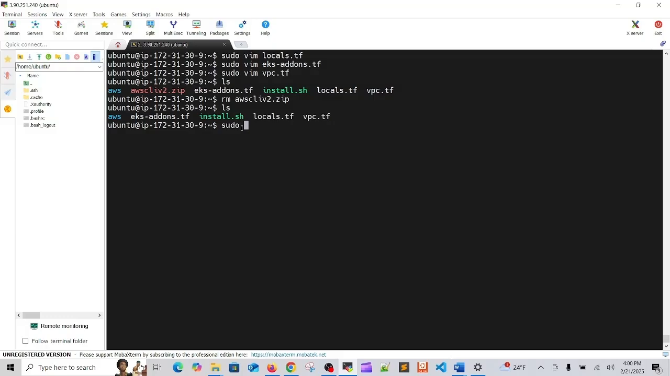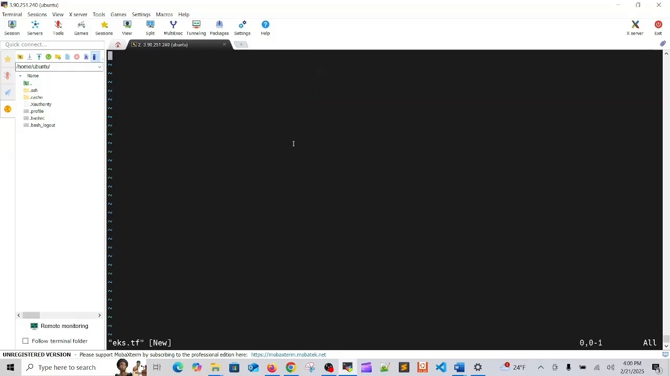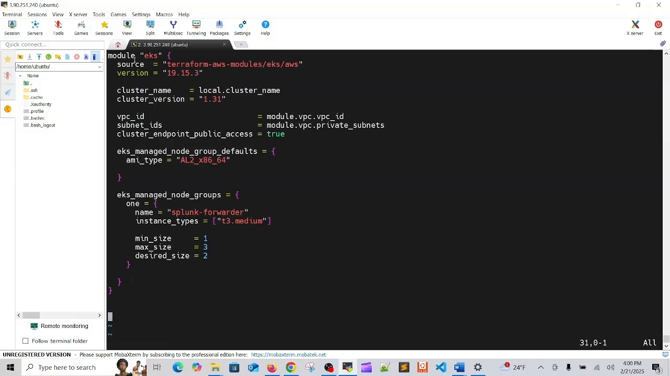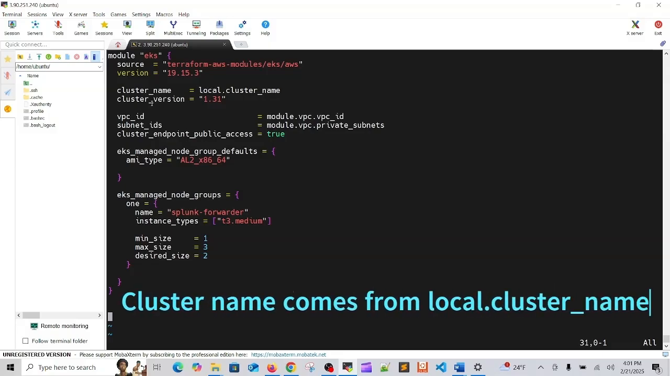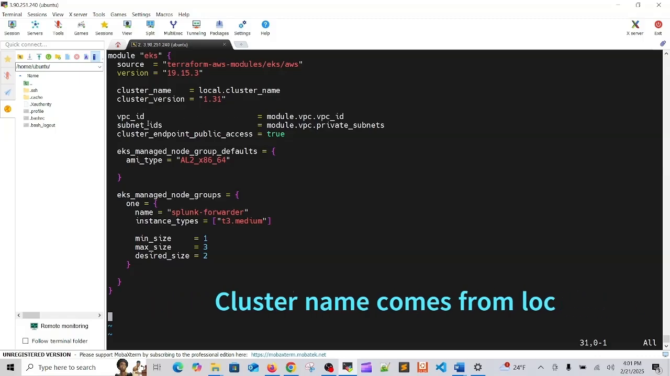So sudo vim eks.tf. Okay, so here the module name is EKS, source. This is the Terraform source for EKS. Version 19 I have given here. We can change also. Then cluster name local.cluster_name. So from local it will come the cluster name. Then cluster version 1.31 I have taken. VPC ID